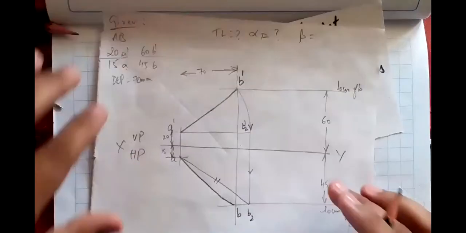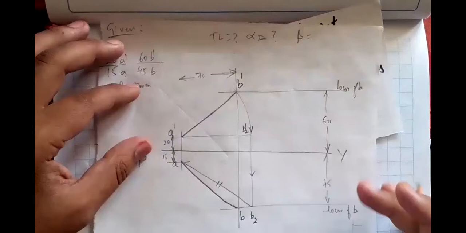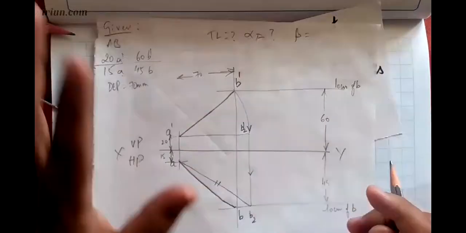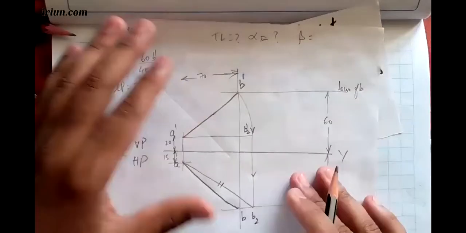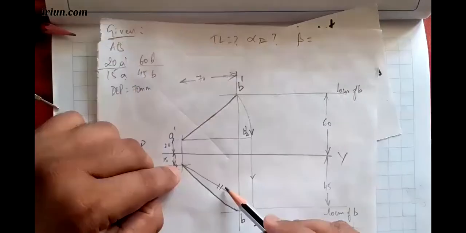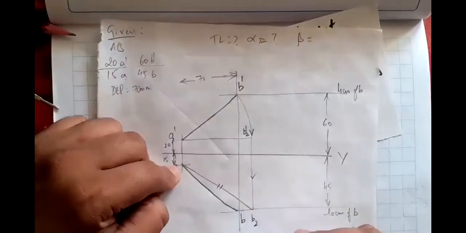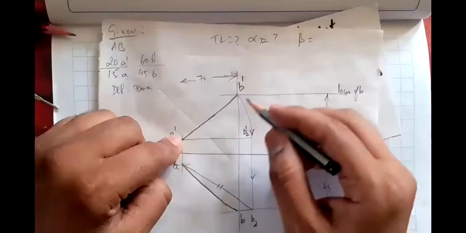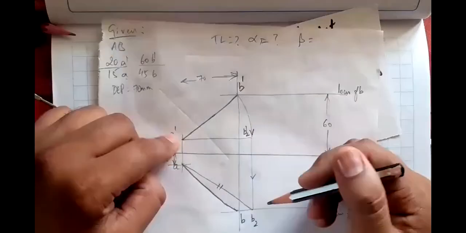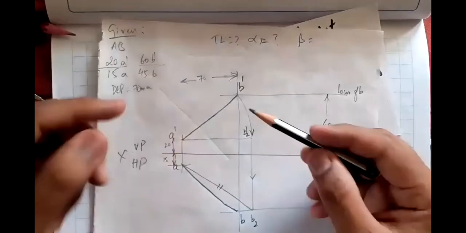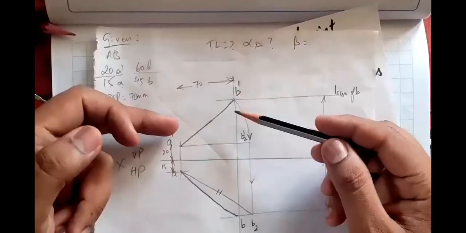Yes, sir. If you measure it, you will get some length. This is a rough sketch. I'm not measuring it. If you measure this true length, you will get the same true length. Don't directly draw it here and draw an arc. That is the wrong method. What you're supposed to do is the same thing you did from the front view. You have to do it again in the top view.